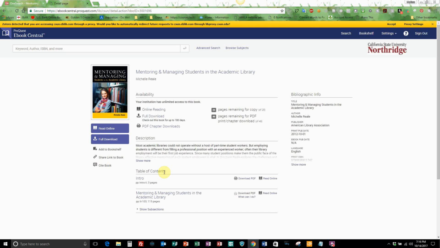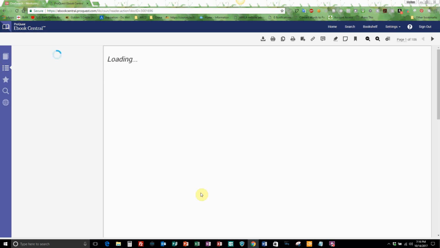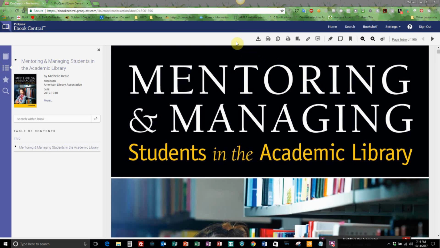First, let's click on the Read Online button to access the features of this resource. Here are the icons that are available. Full download, chapter download, copy, print to PDF, add to bookshelf, share link, get citation, highlight, add note, add bookmark,